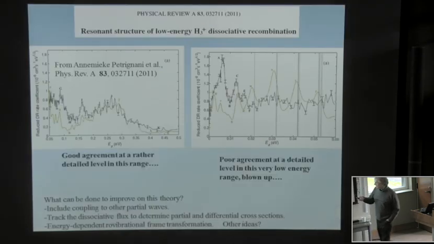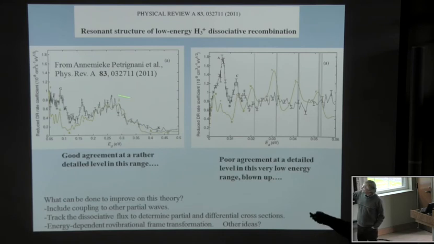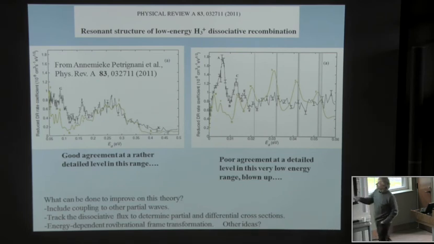More recently, I guess Holger showed this comparison, where we're looking in even more detail on a linear scale and seeing regions where the agreement looks quite good, up to about 0.5 eV, but other regions, at very low energy, where it's not looking very promising, and there's clearly work to be done,